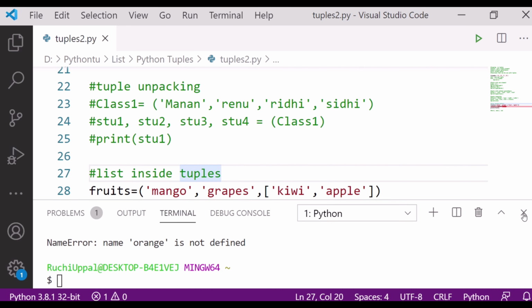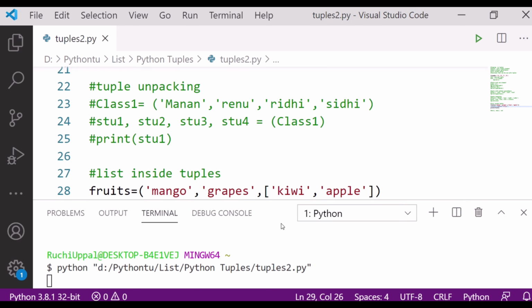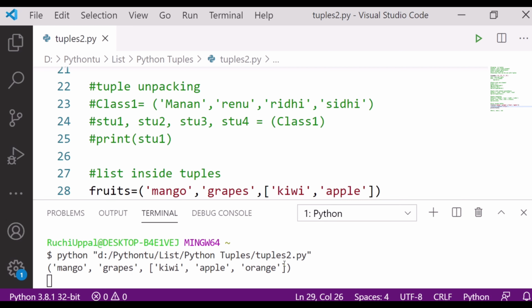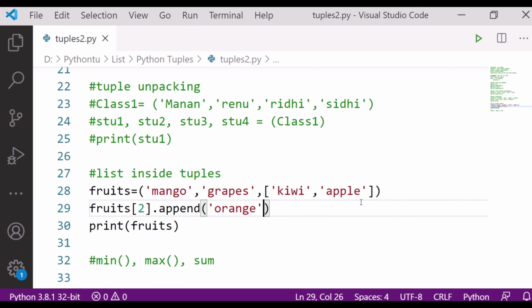If I write it like this, then great, it is appending the orange in the list. You can see how beautifully it is working. Yes, of course, you can create a list inside the tuple and apply all these methods and functions.